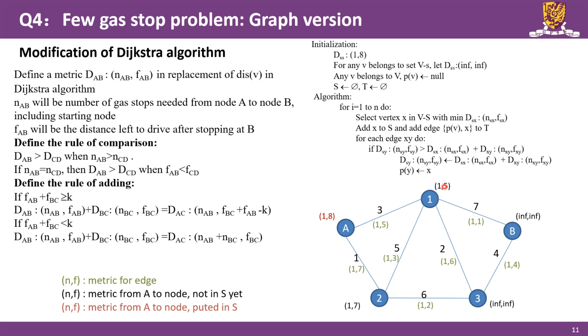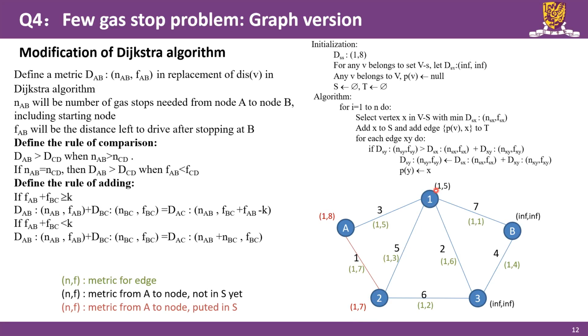metric because it will have the lowest n, and since f of the node 2, that is fa2, is higher than the f of a1, then we will conclude that this node have the lowest metric. So we will put this node into set S. And the same procedure will be repeated. So this node 2 is newly added into S, and we will